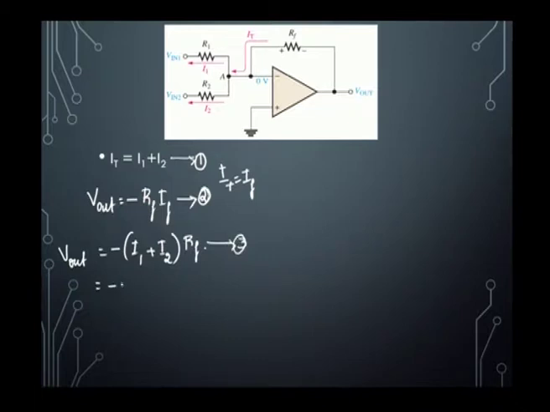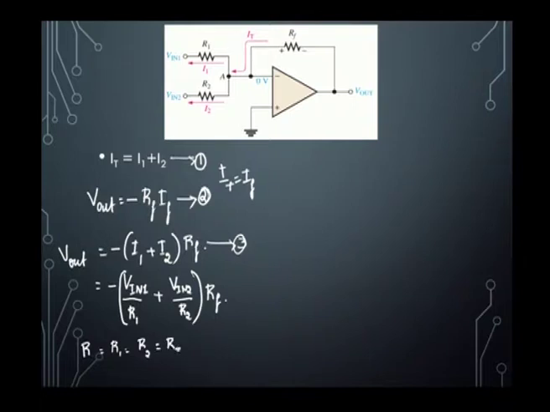So, this can be rewritten as minus of (Vin1 divided by R1 plus Vin2 divided by R2) into RF. Now if we consider all the resistances to be equal, R equal to R1, R2 equal to R3, then what will happen to the Vout equation? Vout is equal to minus of